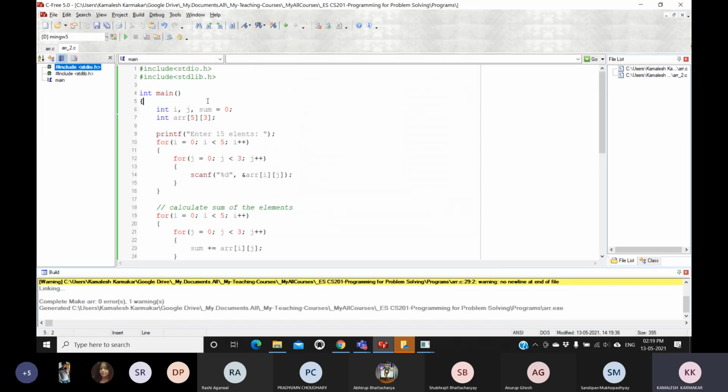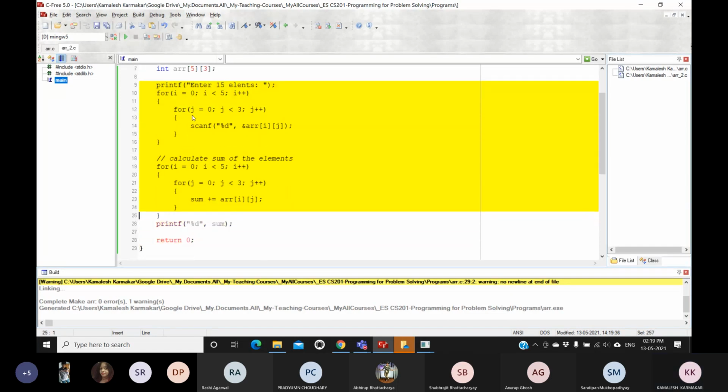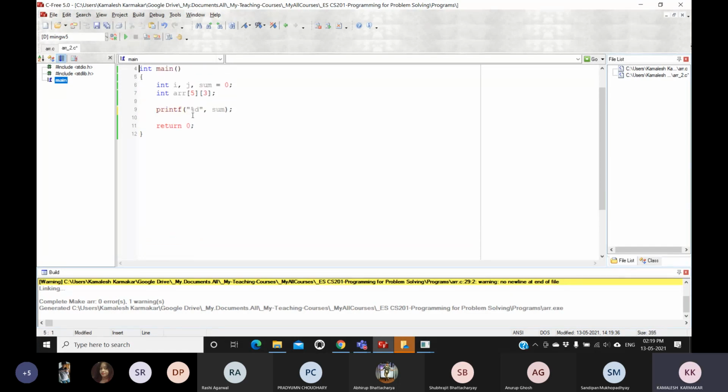In this program, what I want to do is declare the array in a different way. Just check whether it will work or not. I'm going to declare an array.